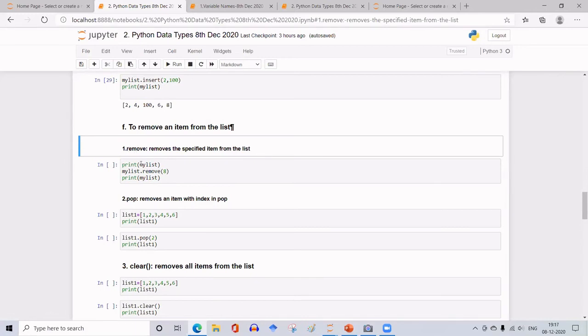Whereas print is a function. So remove removes the specified item from the list. You have to specify the item itself. Say for example, print my list. So I'll again print this,